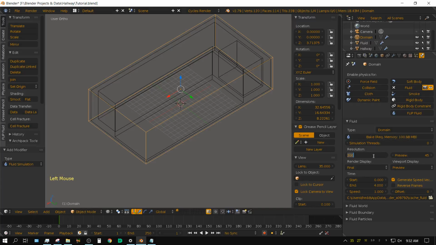If I take it up to 400, now it's 800 megabytes. So it kind of grows exponentially. Now, it tops out at 1024. That's the highest you can set it. And you can see at 1024, it takes almost 13 gigabytes of memory. That's quite a bit, and it would take many hours to simulate at that resolution.